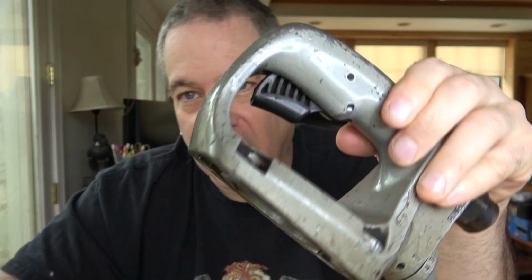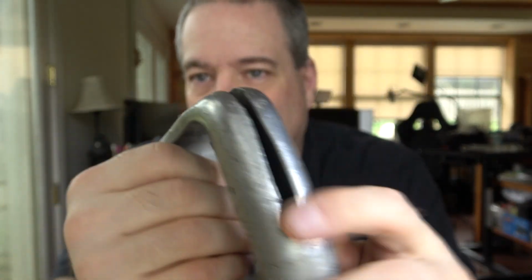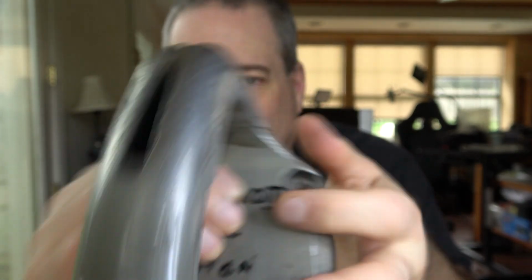Today on the bench, I have an Ingersoll-Rand 285B 1-inch air impact. Now, I can't show it to you in its entirety because right now it's in pieces, because I thought that the only thing I was going to have to do was replace the throttle handle on it. This one is cracked all the way through here, and you can see on the underside, it looks like somebody tried to use a JB weld or some epoxy to repair it,